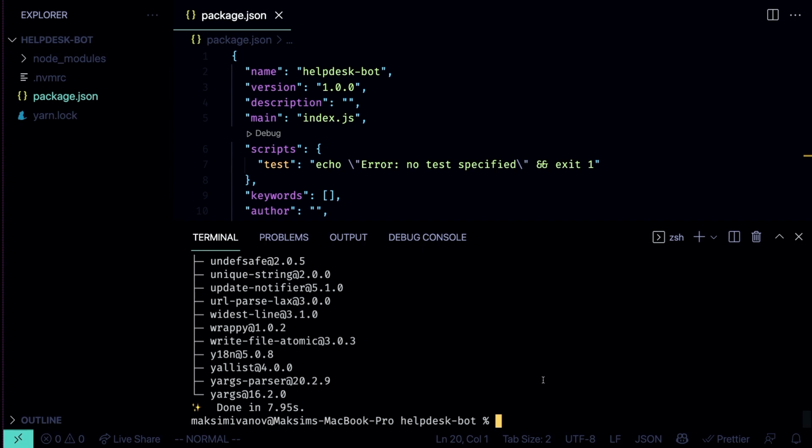We'll need Firebase, Express, .env, and Discord.js. Yarn add Firebase. I'm going to be using 9.4.1. Express, we'll need it to create the messaging gateway between the Retool admin panel and the Discord server. Express version